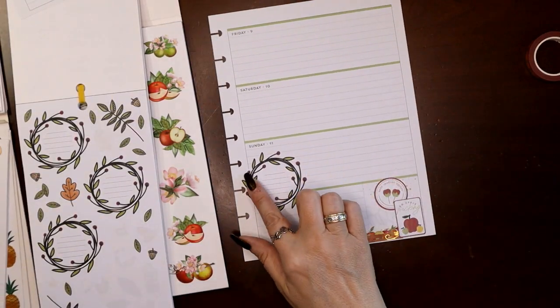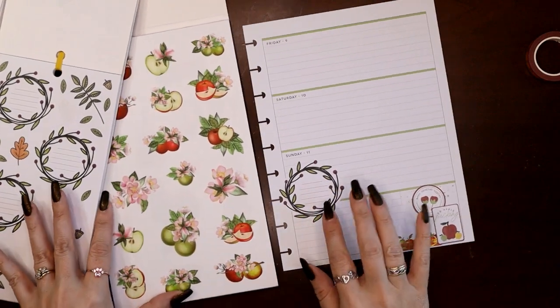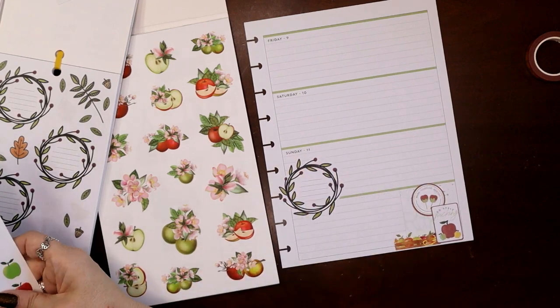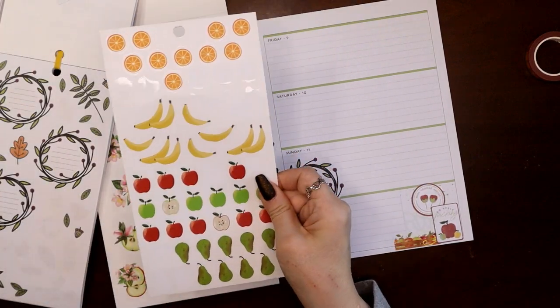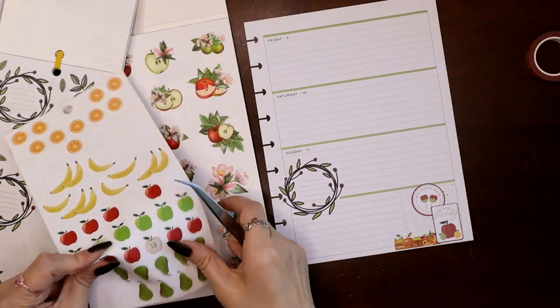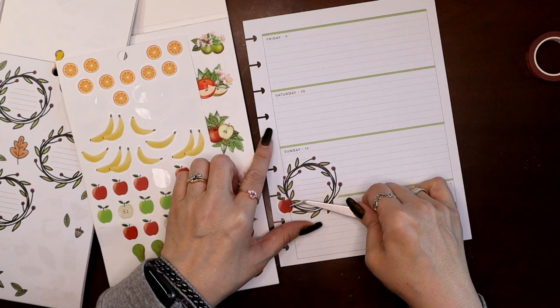And then I want to go ahead and just put a couple apples in with this to kind of give the feel that this is a wreath of apples, you know? So I think that's where these are going to come in handy. Let's grab a couple of these. Now these are clear, so